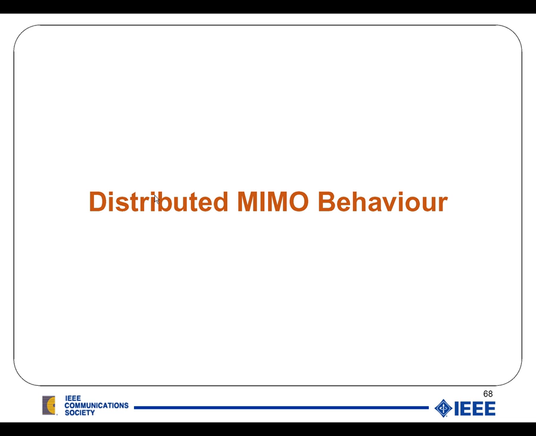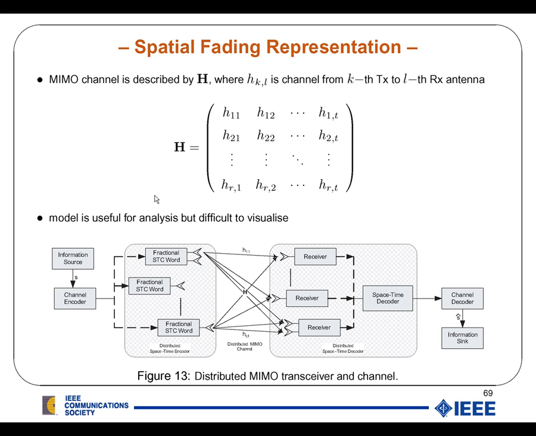Let's move on now to the distributed MIMO behavior. What we are interested in is a scenario like that one here. We have an information source. It is transmitting data to a channel encoder that is passed to distributed antenna elements here, which form a fractional space-time code word. So that one here picks up part of this space-time code word, that one here and that one here. They transmit it in a distributed fashion through a channel which is given here to a receiver, which